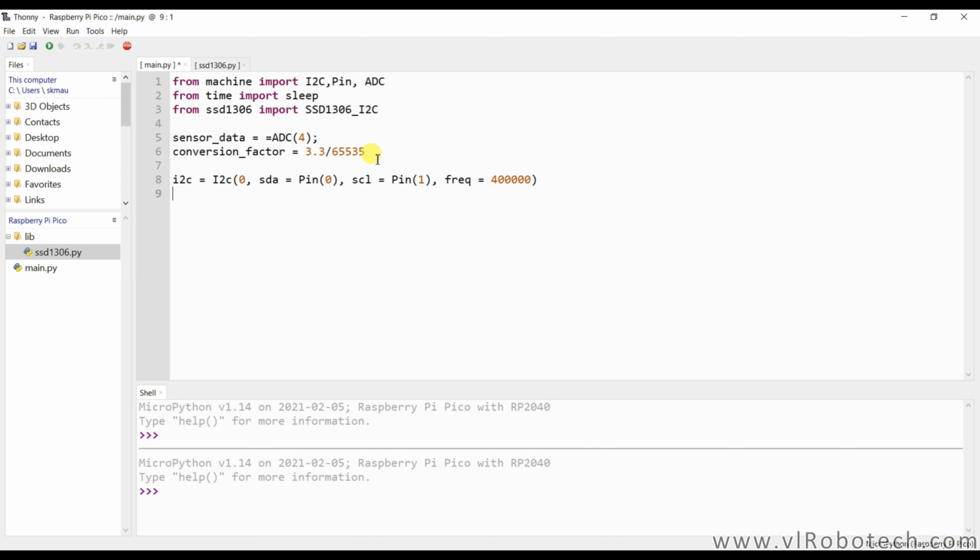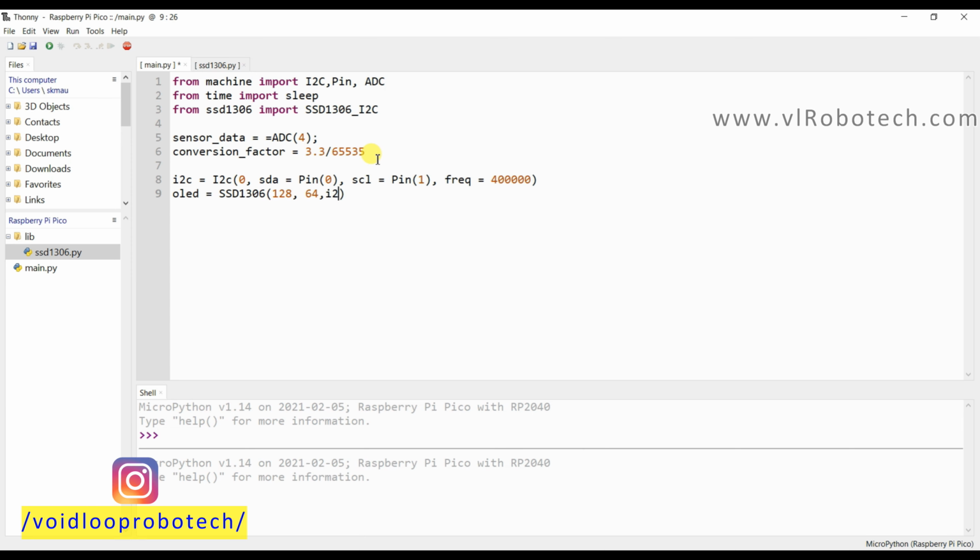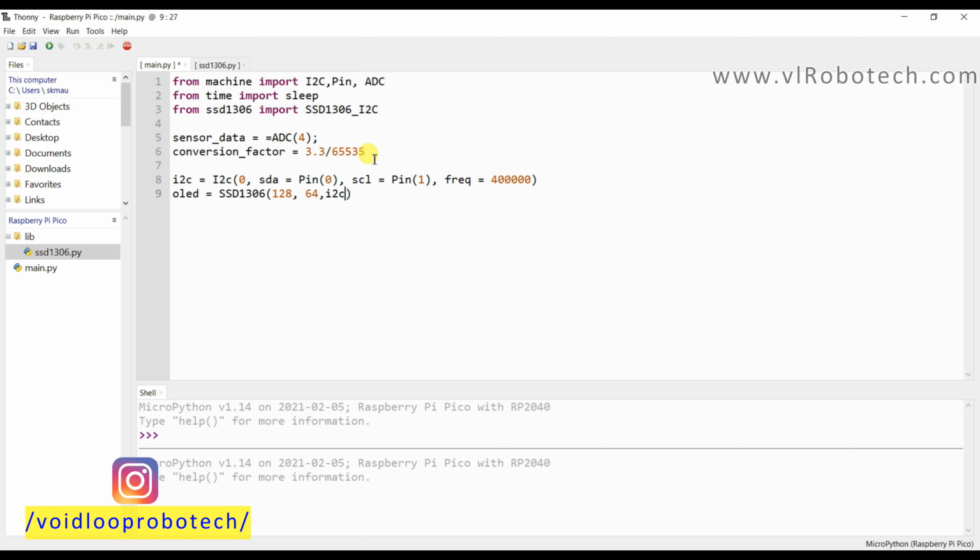Now we will initialize the OLED display. Here we will pass SSD1306, the width, and the height is 64, and the I2C.